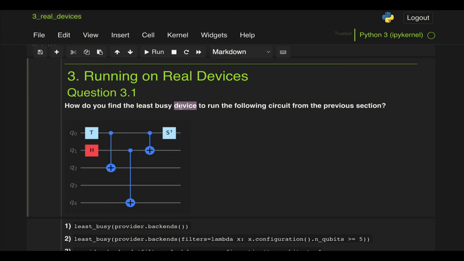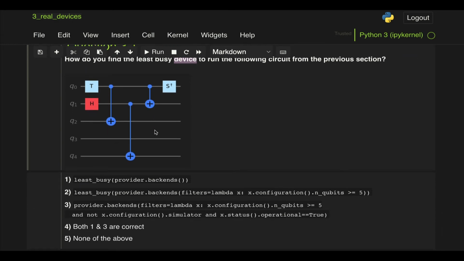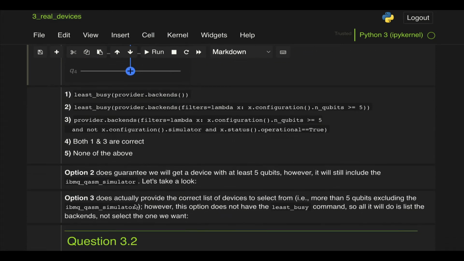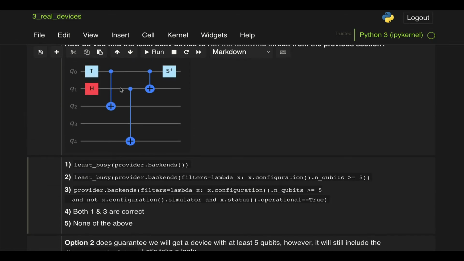because device could be a simulator or it could be actual hardware, an actual quantum processing unit. And I think they did clarify that by device they meant only the hardware, so not to run on a simulator. So we're given a few options here, and we need to figure out which one of these options will guarantee that this will run successfully on the least busy provider. So let's go ahead and